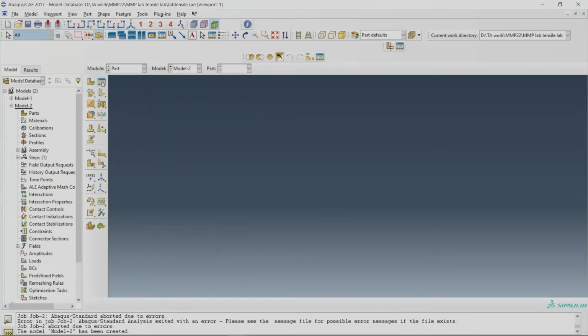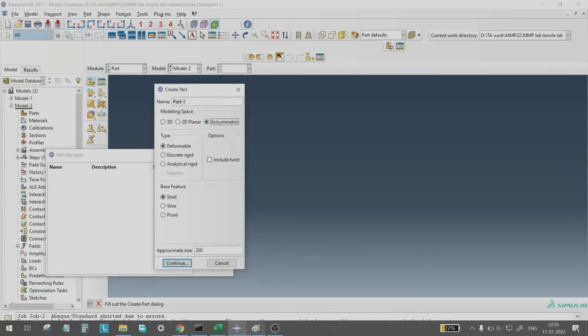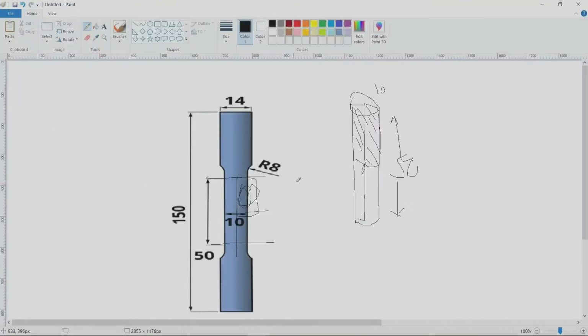Both of them will give you the same. There are three types: 3D, 2D, or axisymmetric. Axisymmetric we will use only if the test is cylindrical, such as this part. This one here is your cylinder.